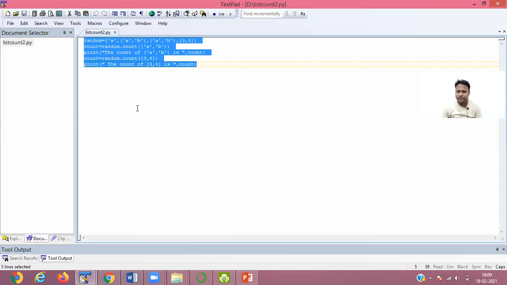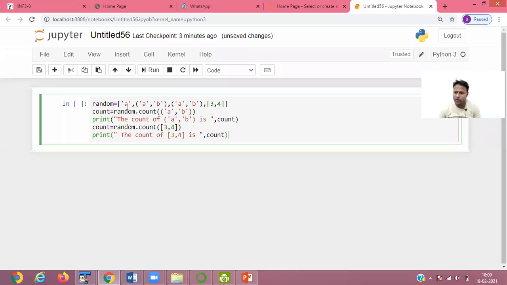See there, we're using a list. List name is random. I am passing a value: one is A, another is A comma B, A and B, 3 and 4. These are the three values I have passed.